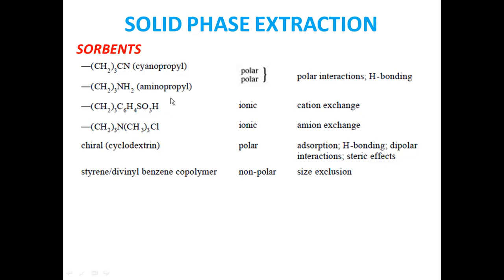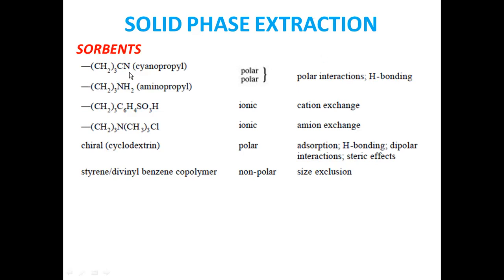Silica is more polar because of the presence of the OH group. Octylsilane or octadecylsilane are non-polar because of the presence of the octadecyl group and octyl group, right? But here, we have cyanopropyl and aminopropyl. The propyl group is somewhat hydrophobic. It is less hydrophobic, less hydrophilic, we can say both, because this is an alkyl chain.